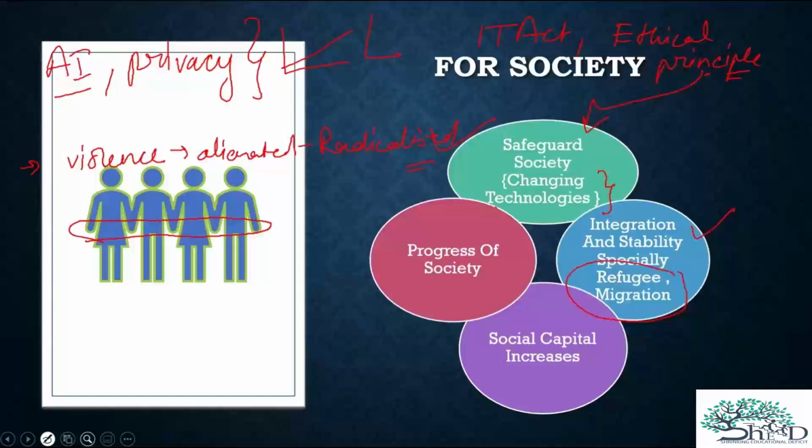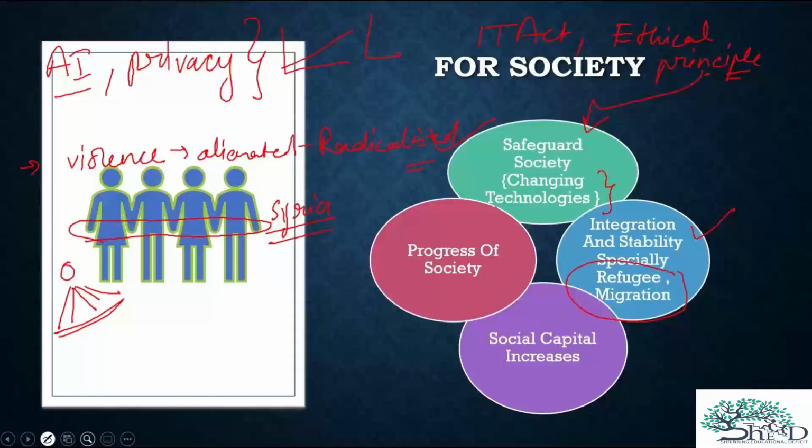Let's say in Syria, if the dictator was not so power hungry, right? Such a disaster would not have happened, so many people would not have been killed. Such things happen because of disintegration and lack of stability. People are not standing together. The people who are leading are not standing with the people they are supposed to be leaders of. Basically, the leader is not standing with the society living under them. So this is the thing.